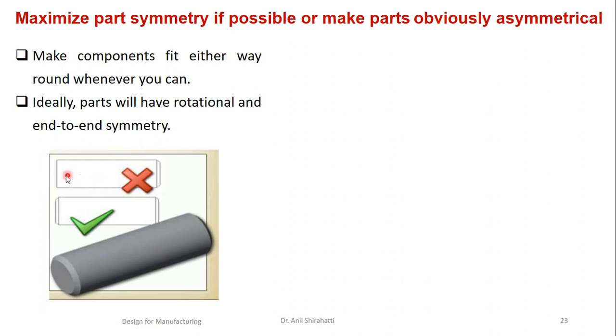Either I can insert from left or right, but suppose you want to insert wherever the chamfer is there, it is better to do the chamfer at both sides, so it can be inserted or fitted from both sides. Okay, so this will not increase the cost much during manufacturing time, but during the assembly time it reduces the time very heavily.